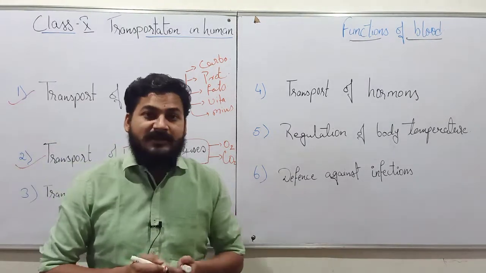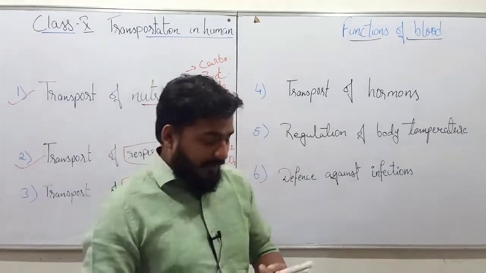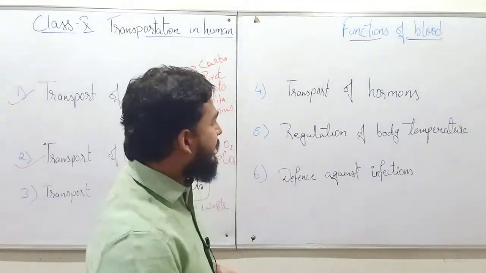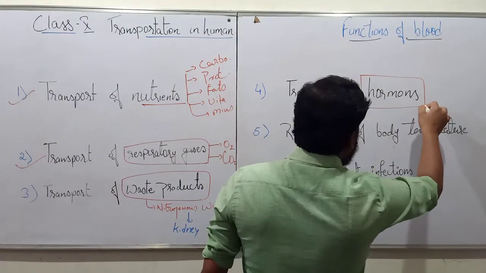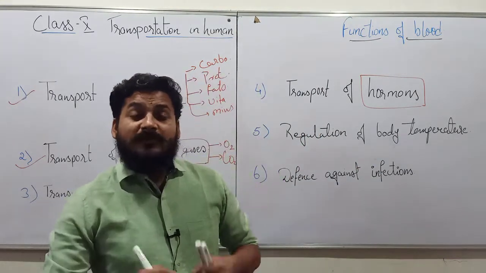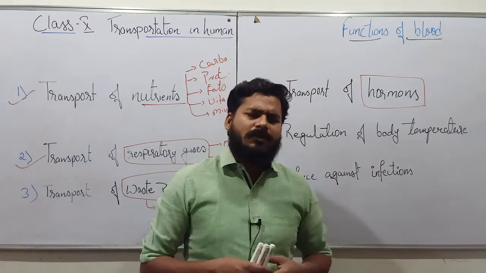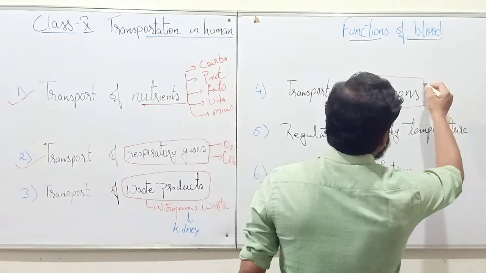This nitrogenous waste was sent to the kidney for the filtration and then excretion of the waste product. Okay, then coming to transport of hormones. So, hormones are essential chemical compounds in our body which facilitate the metabolic processes. There are a number of hormones in our body, such as, we can name a few, such as